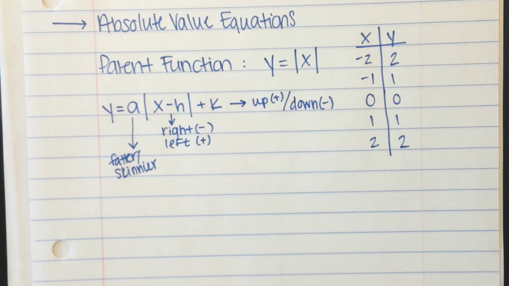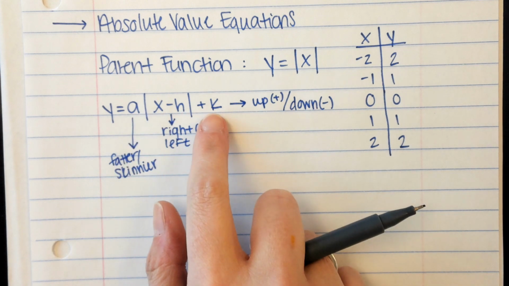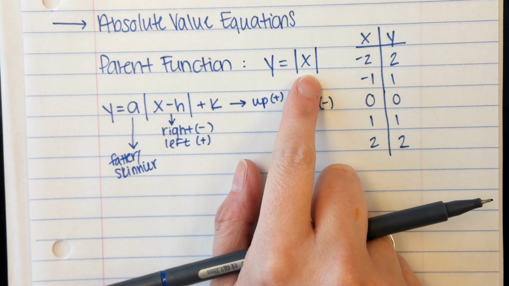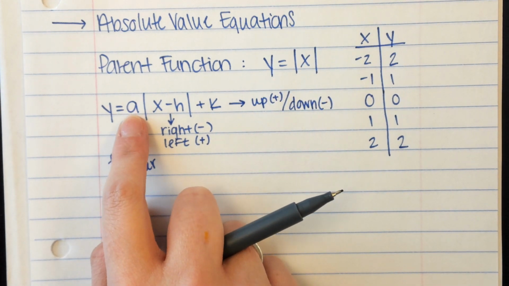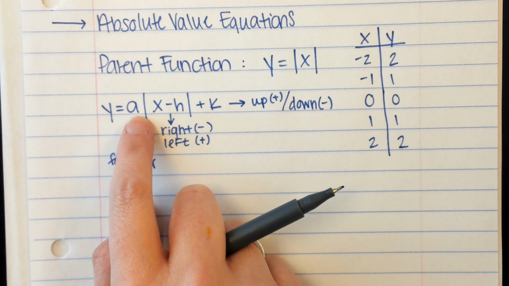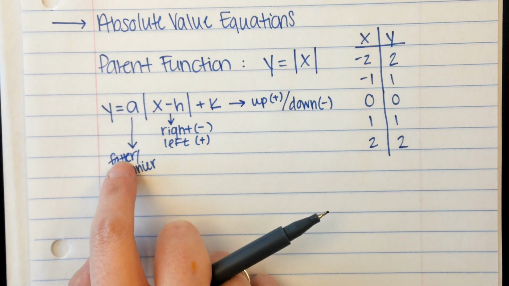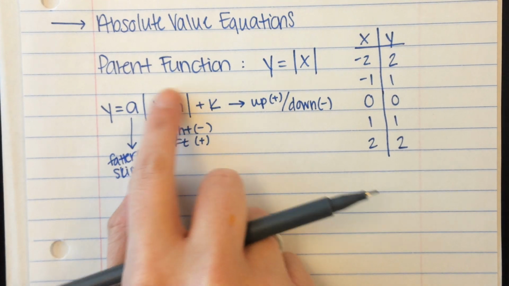Okay, so here's the basic form of an absolute value equation. This is the parent function. This is the most basic. There's nothing else added. You can have a number out front, in front of the absolute value bars. This is the dilation number. It makes the graph fatter or skinnier. You can have a number